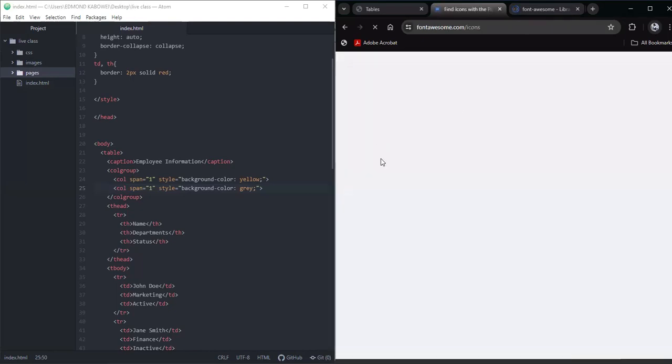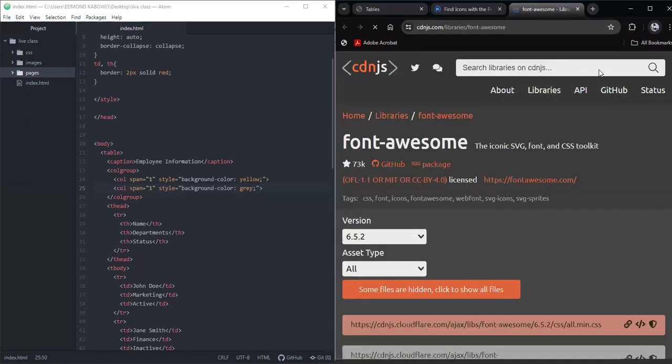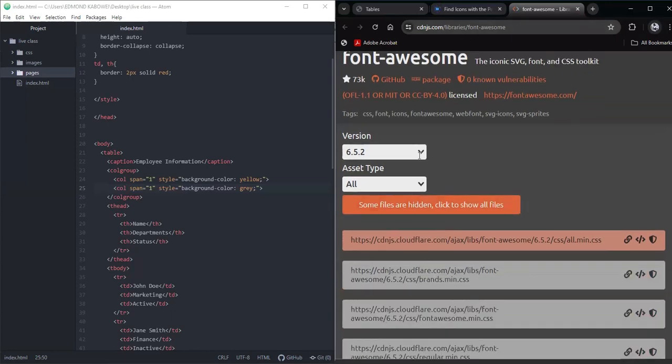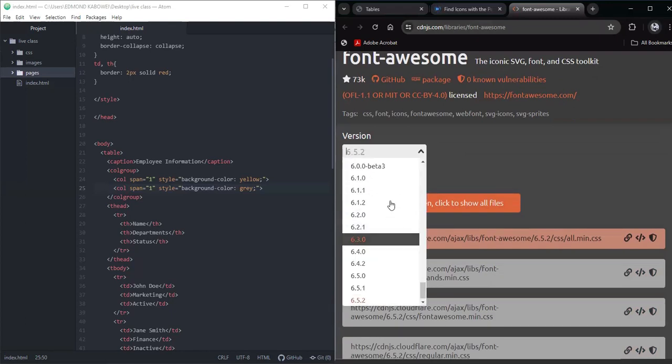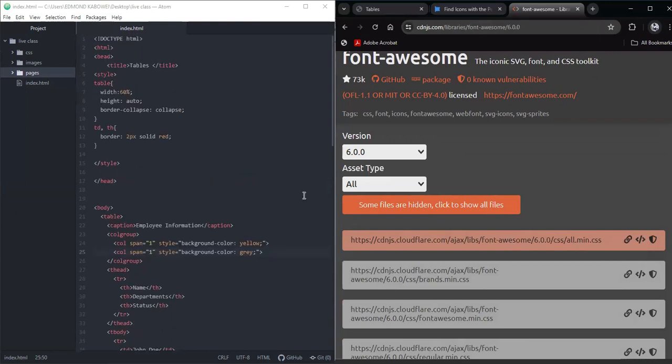When you go to the Font Awesome cdnjs library website, you come here to select the version. For this, I want version 6.0.0. And for the first link you see here, you come to this part and copy the link tag. So this is a CDN for